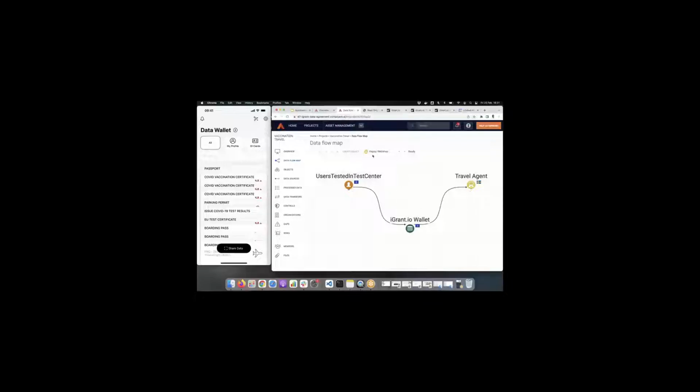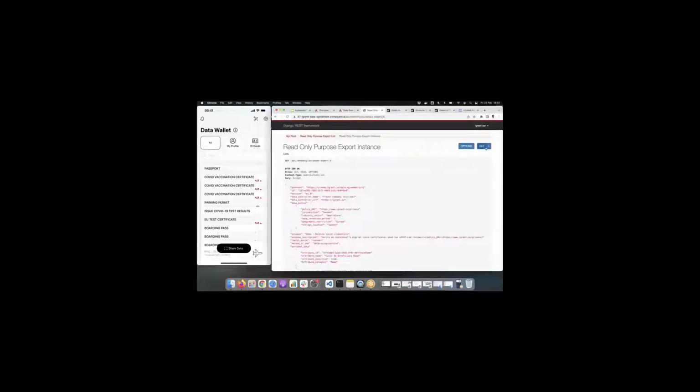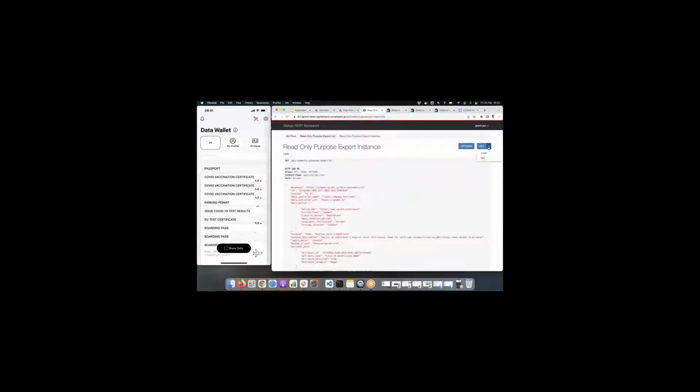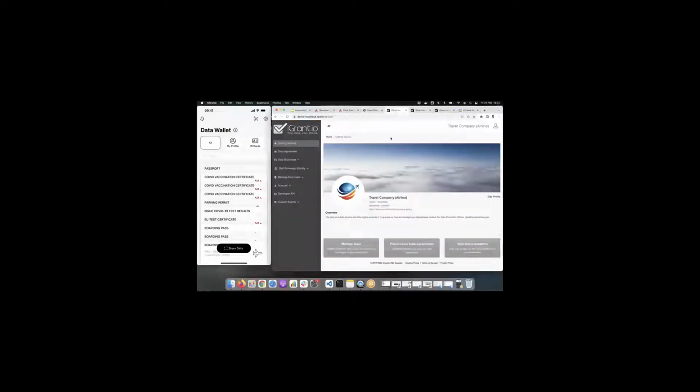Once the DPIA is performed, the Verifier tool is able to generate a machine-readable data agreement and download this as a JSON file. This is part of the work that we did in this project. This file is the data agreement in JSON file format, and you can download it as a JSON file, or you can also take the API and integrate it into any SSI engine, such as, for example, iGrant.io.